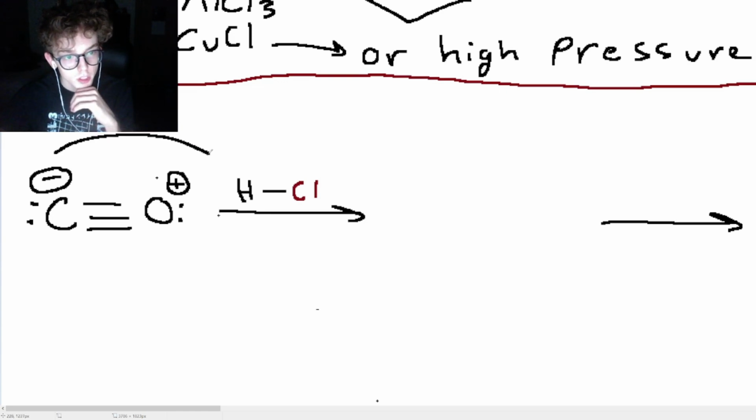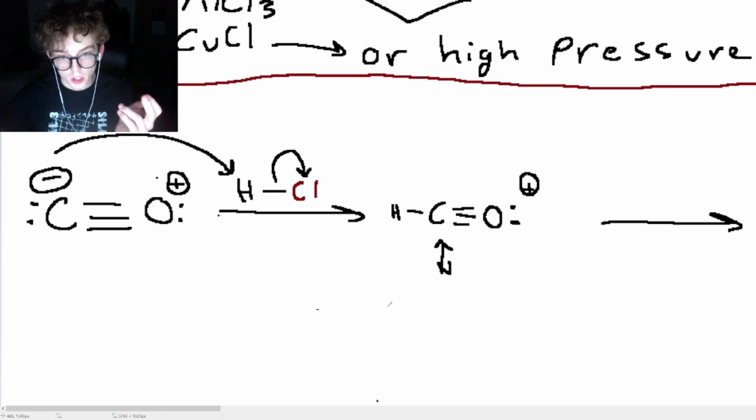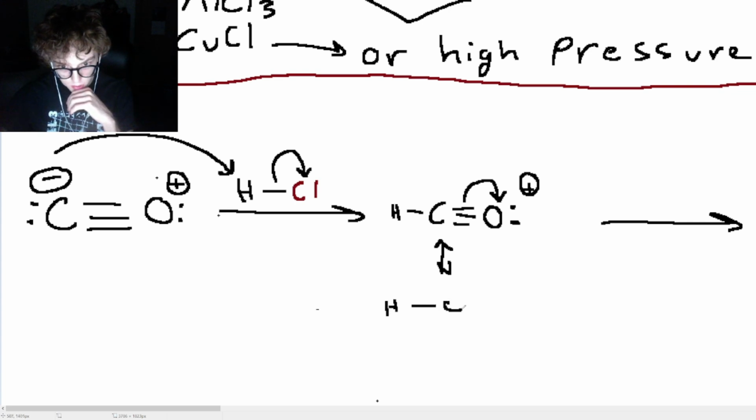So carbon here is going to reach out to a hydrogen and dump electrons onto chlorine, giving us this molecule here. Right, so now carbon's neutral, but oxygen still has that positive charge, right? So who's happier with a positive charge? Well, if we draw the resonance structure here, we'll see that these pi electrons will go over to the oxygen here, giving us a carbocation, carbonyl carbon, and that invokes chlorine that we just